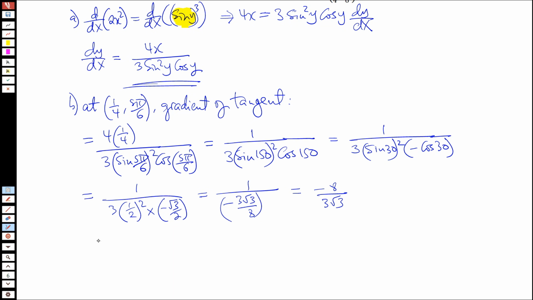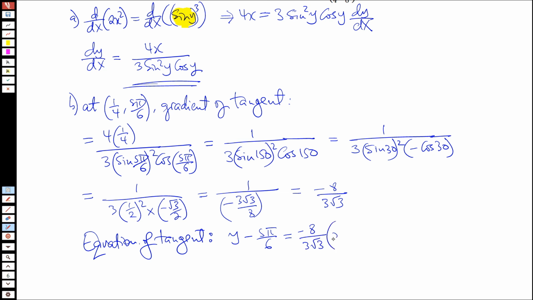So we can find the equation of the tangent by using the point slope formula. So the equation of the tangent will be equal to y minus y1, and y1 happens to be 5 pi over 6, and that will be equal to the gradient, which is negative 8 over 3 root 3 multiplied by x minus x1, which is a half,